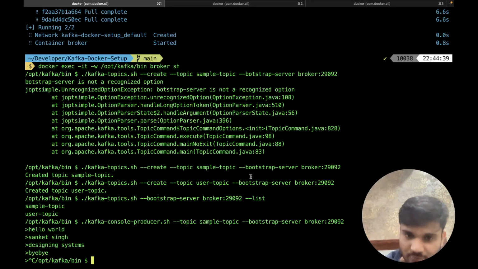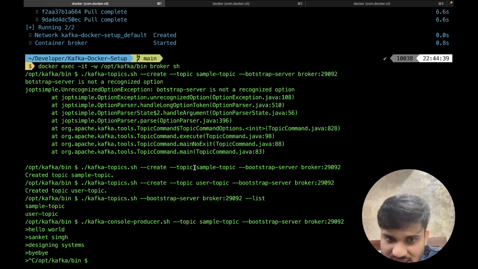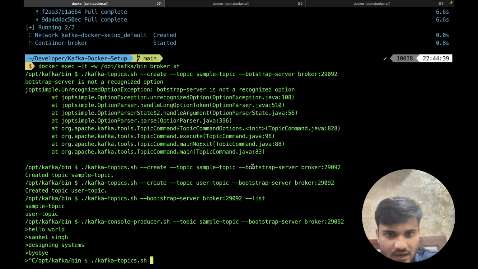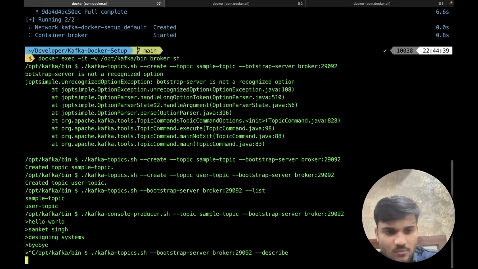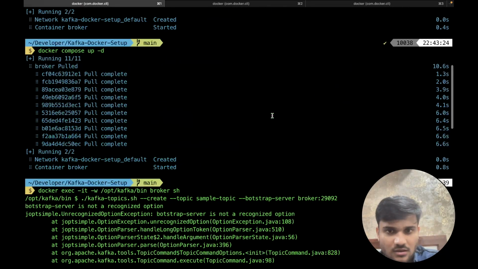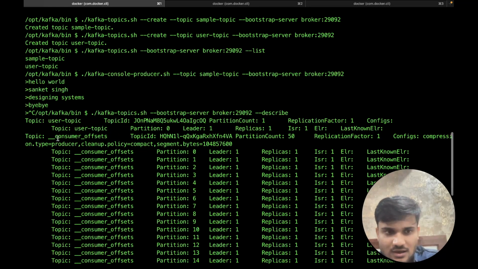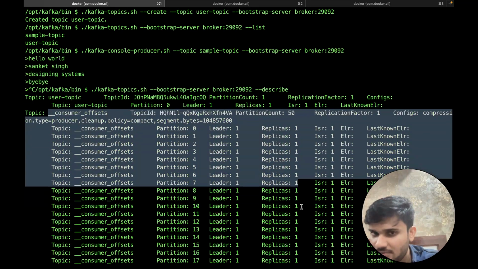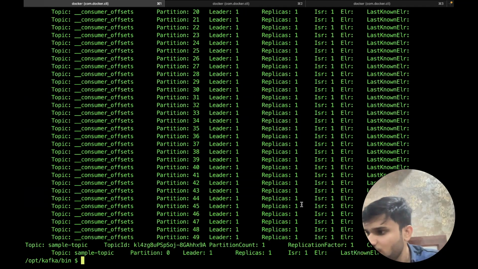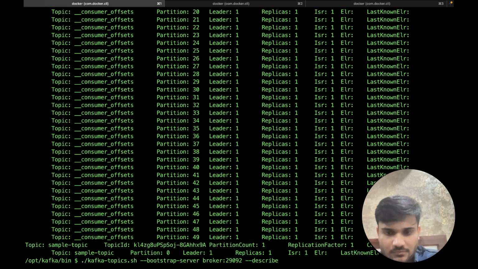And apart from that, you can even describe some details about the topic. So in the same file, kafka-topics.sh, if you give your server config, there is a command called --describe. If you do a --describe, you can see a lot of details about how your partition is coming up. But if you give, let's say, --topic and tell a specific topic to describe,